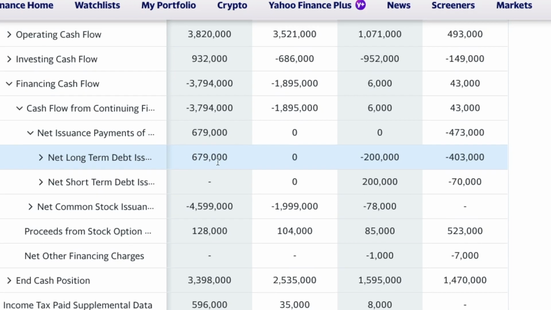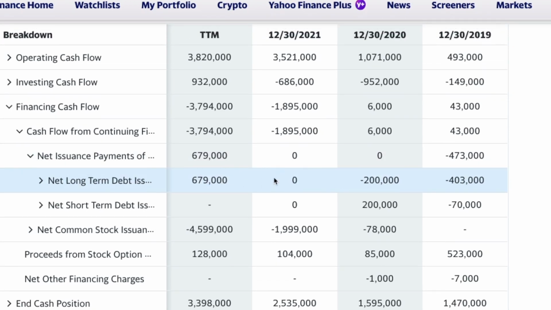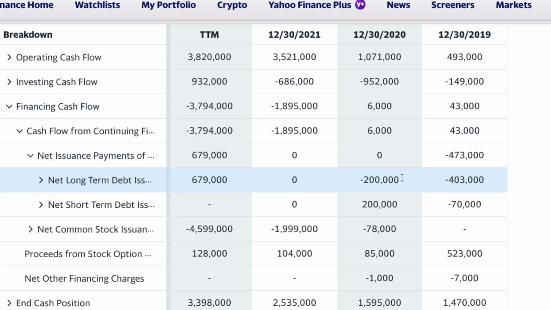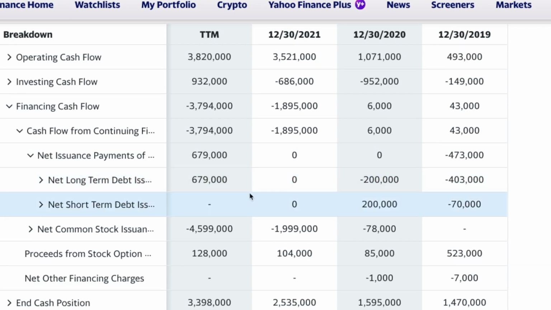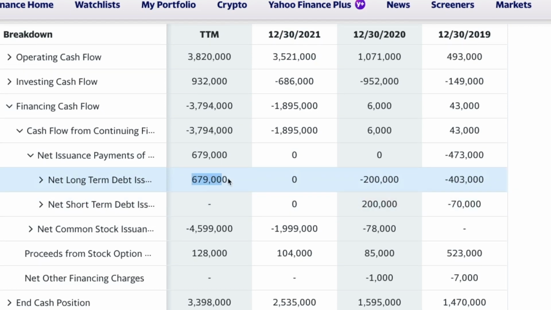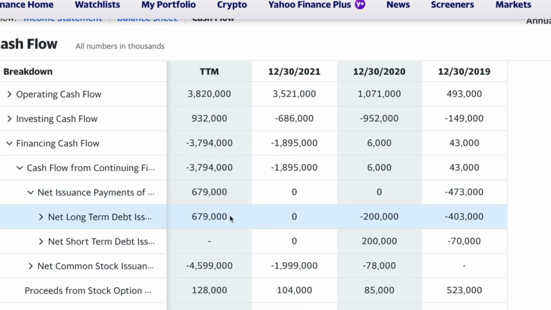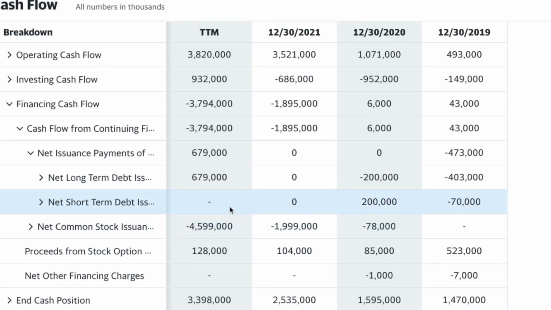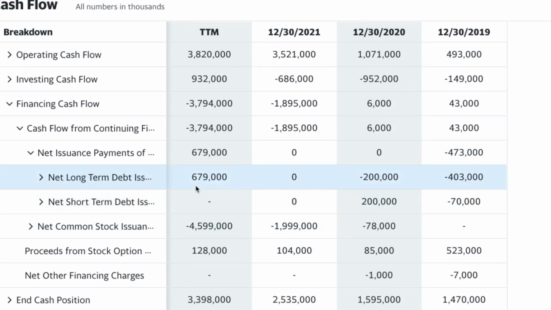is somehow a bit new for the company, because as we can see, the company did not take on long-term debt in 2021, and they also paid 200 billion in 2020 and 400 billion in 2019. But this time the company has taken a long-term debt. This could be related to maybe increasing their operations and to increase more income, but we will see what happens